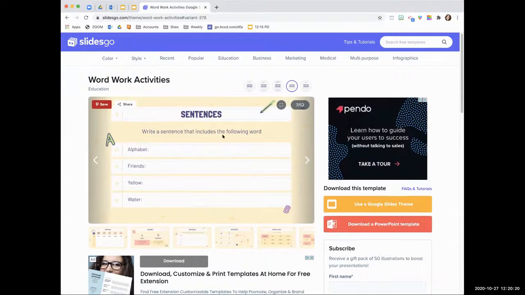So say this is a template that I actually do want to use. You would then go over to the right side of this screen and use a Google Slide theme. Because we are a Google district, you can use a Google Slide. Once I select that,